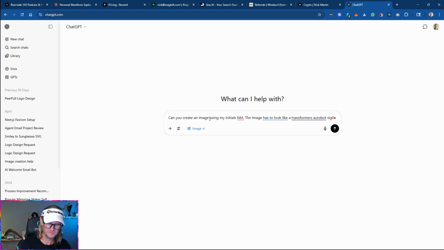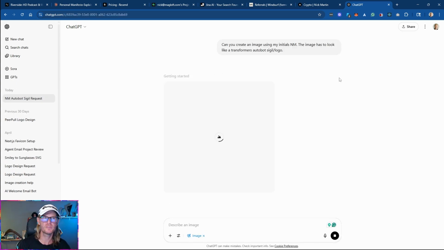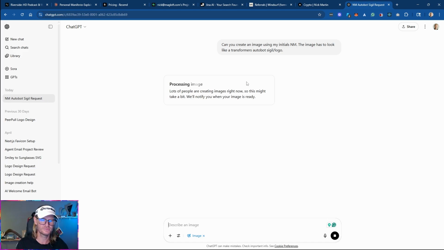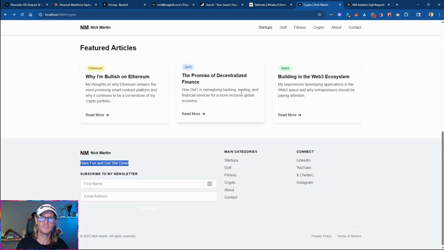Sigil-like logo. It's not a logo really, but let's just go create that. Should be pretty simple. We'll come back to that. Oh, yeah, lots of people. It might take a while. I could imagine, man. This is a feature they've added not long ago. All right. So